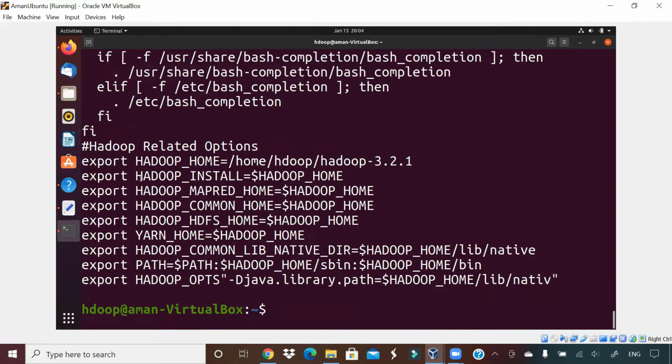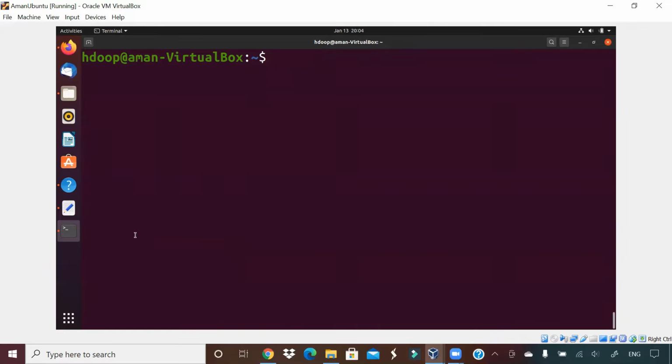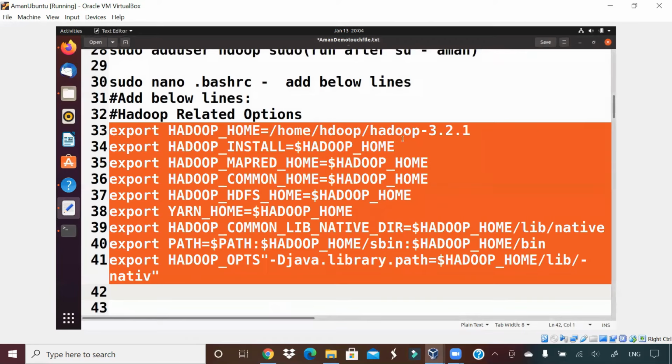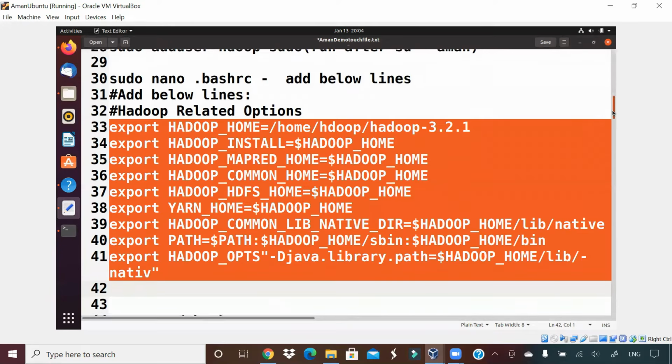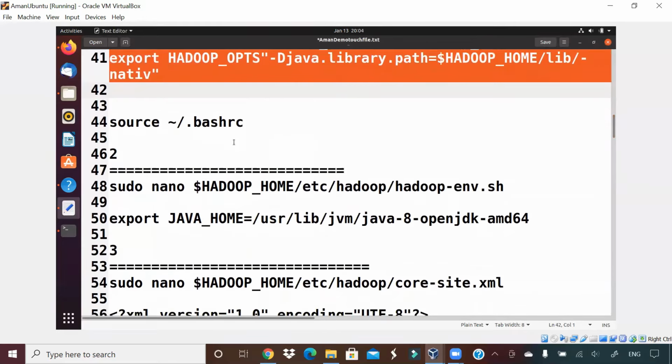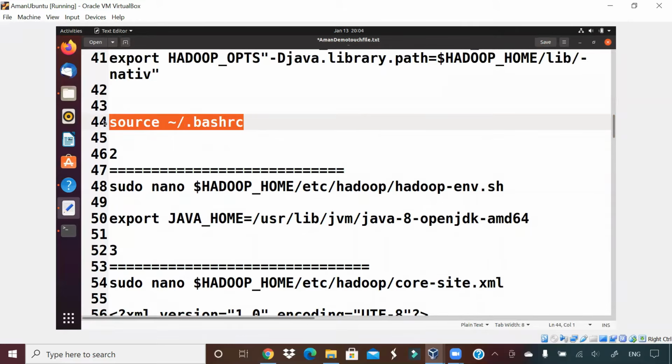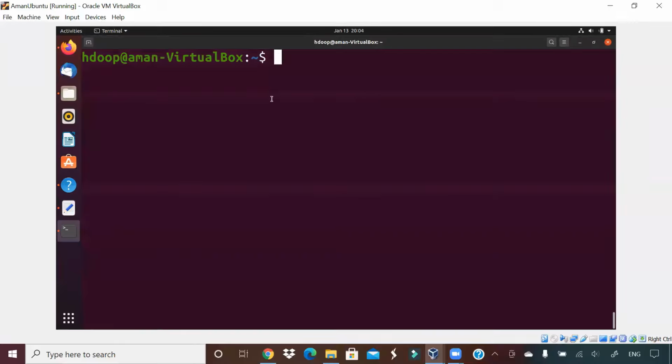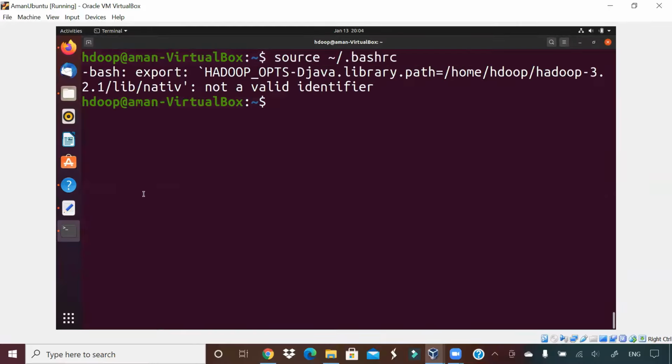So you can see in the end, this is what we wanted to add. That is the first change in the file that we wanted to do. Okay, I told you we need to change 5 or 6 files. This is the first file. After you do that change, you should do source bashrc so that your changes are reloaded. Okay, so here the changes are reloaded.